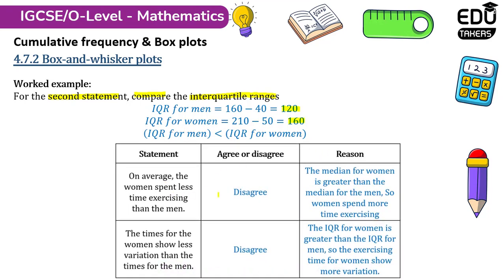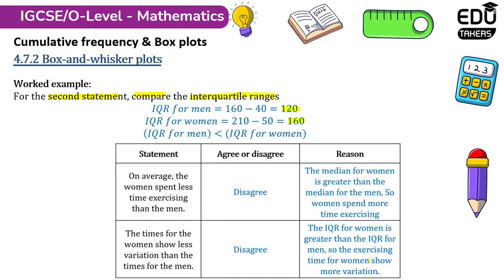So first statement is disagree. The median for women is greater than the median for the men. So women spend more time exercising. The second statement is disagree. The interquartile range for women is greater than the interquartile range for men. So the exercising time for women show more